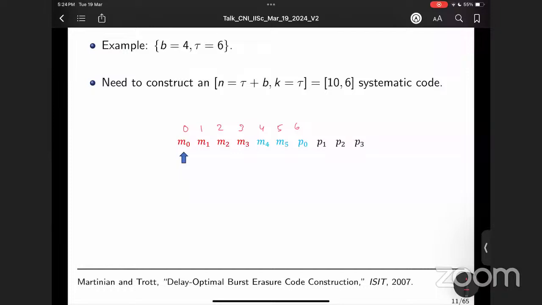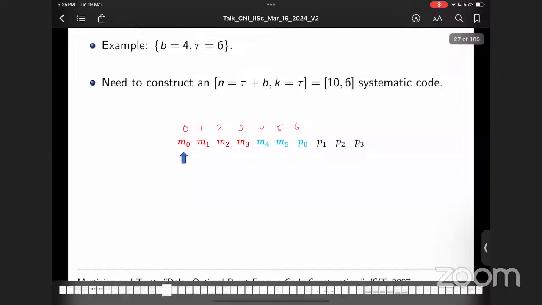And moreover, M0, M1, M2, M3 are erased, right? So basically all I have is M4, M5, and P0 to decode M0. So I should be able to recover M0 using M4, M5, and P0. That's the first requirement I have. Similarly,